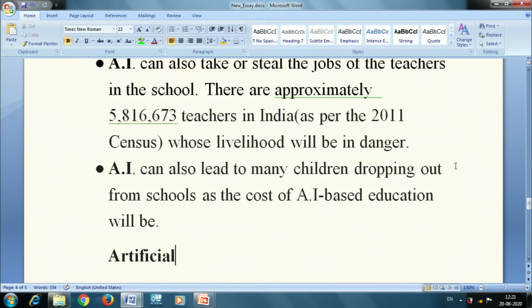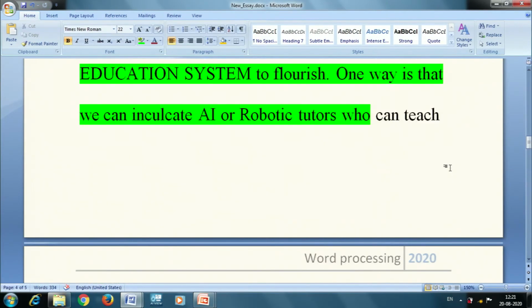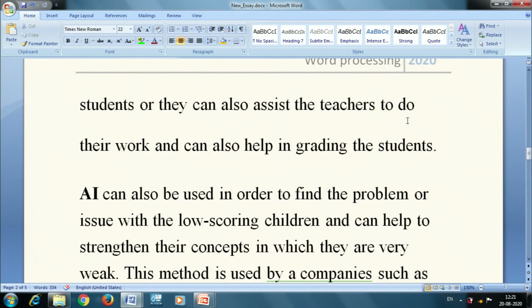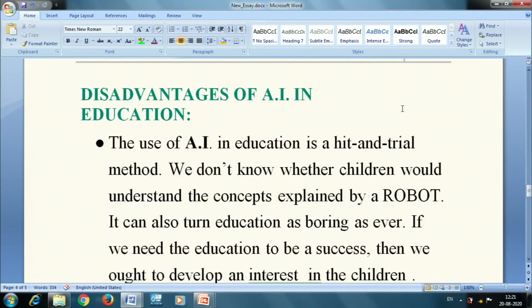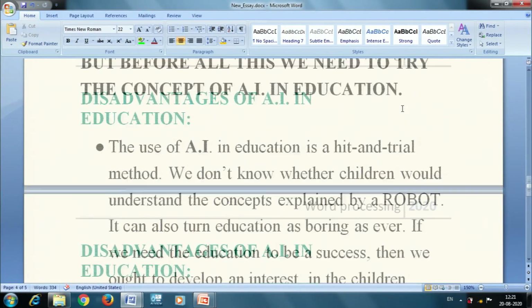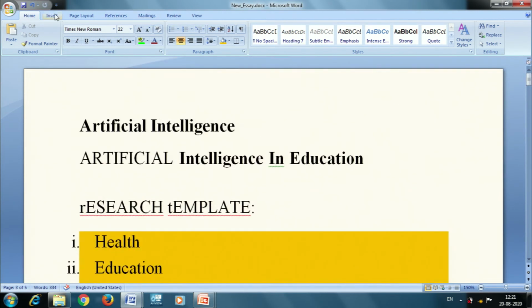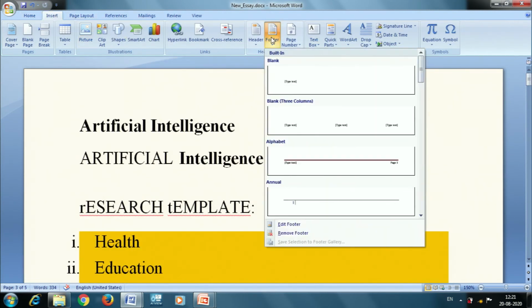Now we will go back to the other pages. It is there in page number 2 also, it is getting displayed. So it is there in all the pages. Once I have inserted the header, I can see it in other pages as well. Then I can insert the footer. In the footer, I am choosing the option alphabet.